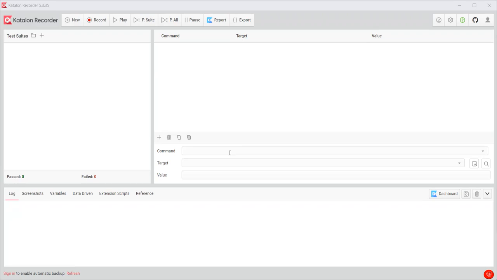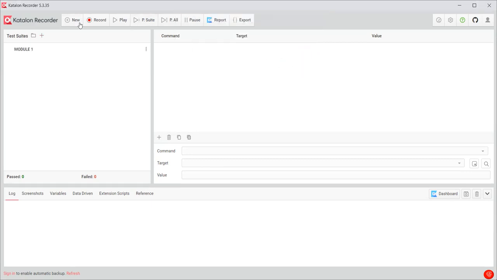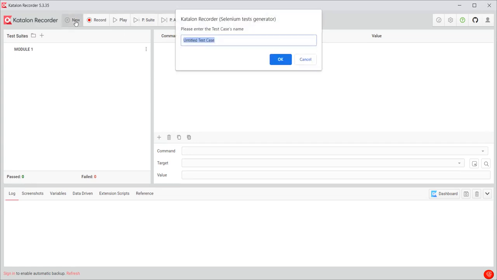Yes, sir. In this Katalon Recorder, as we know, for every project there will be a number of modules. So for the test suite, I can take it as module one. We can name it whatever we want, and for each and every module there will be a number of test cases. By going through New, I can name it test case one.